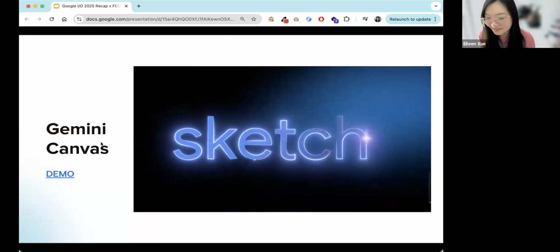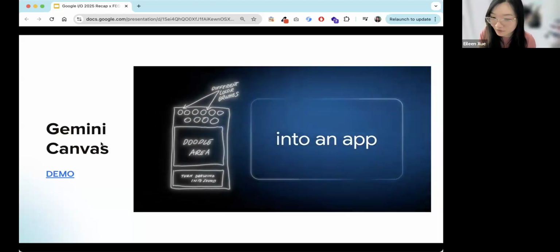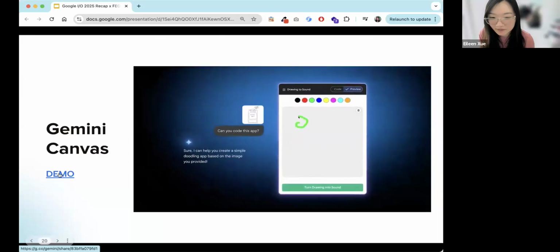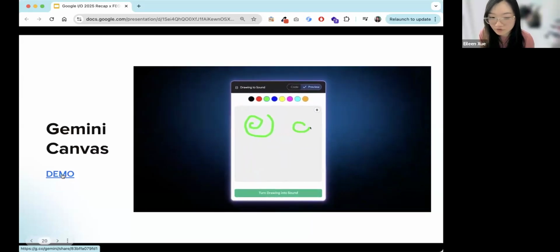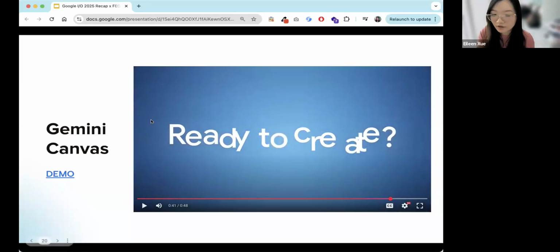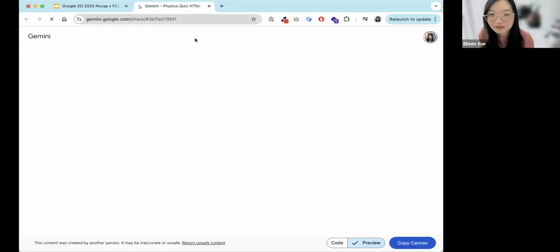So like I said, not everything is new and revolutionary. Some competitors have already done similar things. But what I really like about this, which I think some competitors are also starting to do, is that you can share your mini apps directly. It's hosted on Gemini and then you just share the link, just like you're sharing chats. So for example, this is a demo that was provided by Google. Hopefully this one works.